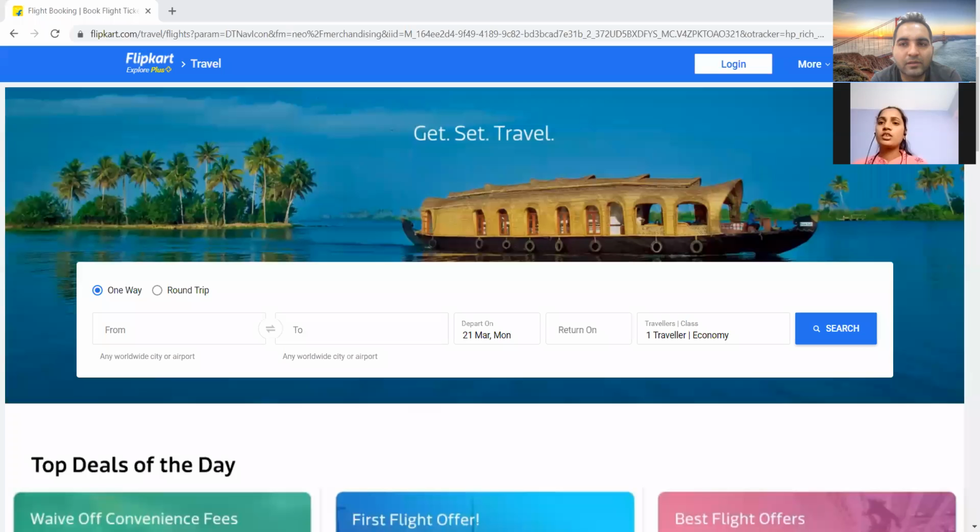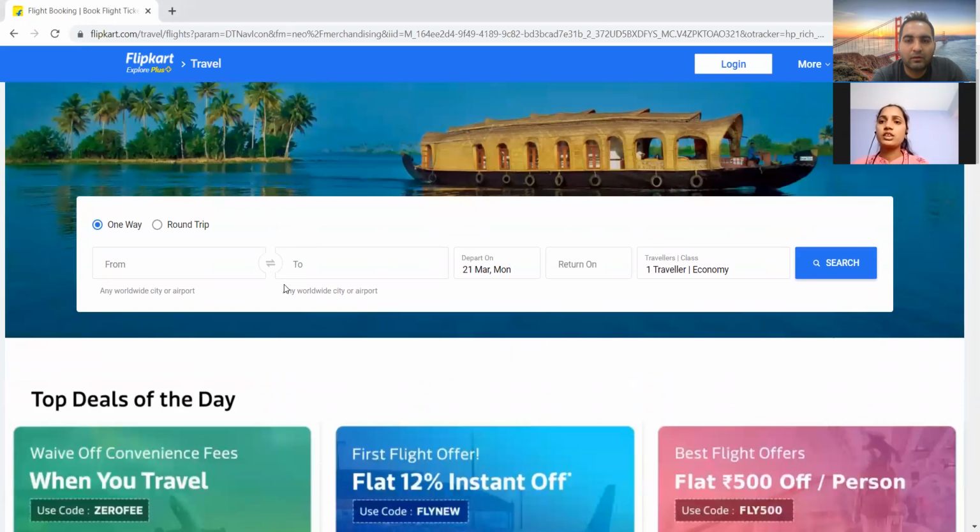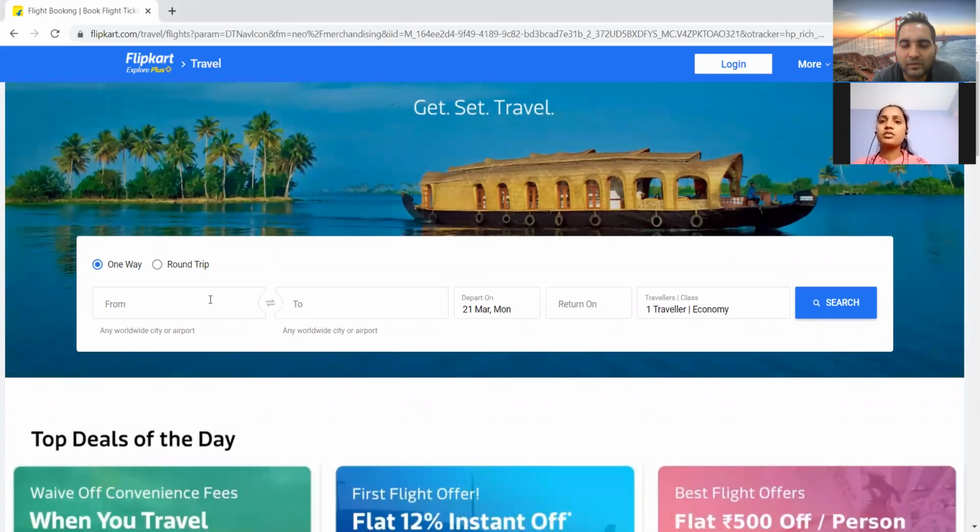So let me share my screen then. I'll give you one website. You can tell me the test scenarios for that particular website. Is my screen visible? Yes, sir. Okay, so this is a Flipkart based website and we have selected the travel option in that. And you have two options over here. One is one-way trip and another is round trip. You're able to see this, right? These options, from and to. Yes, sir. So how will you perform testing for this website?